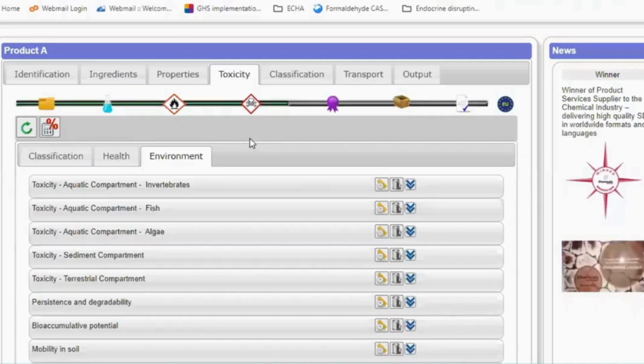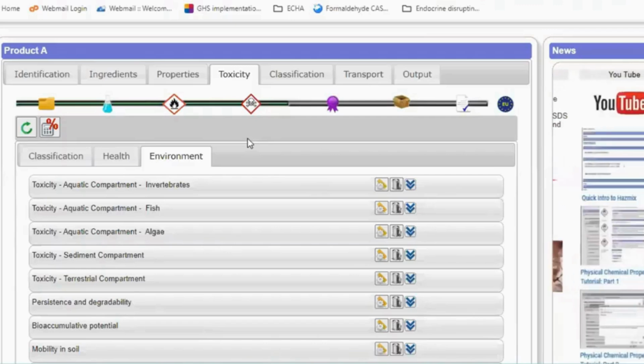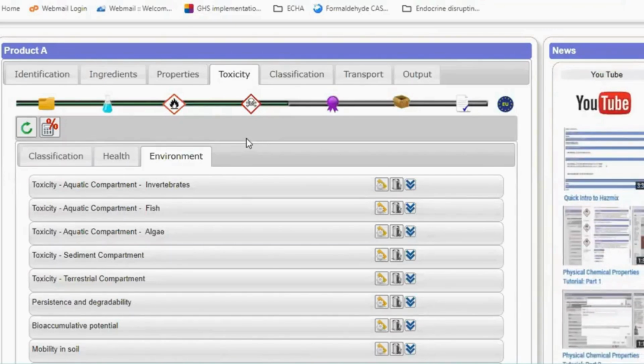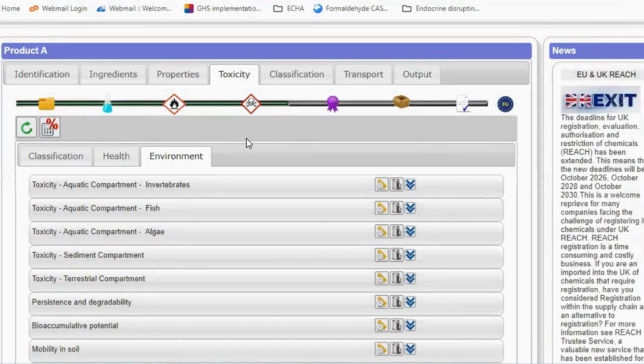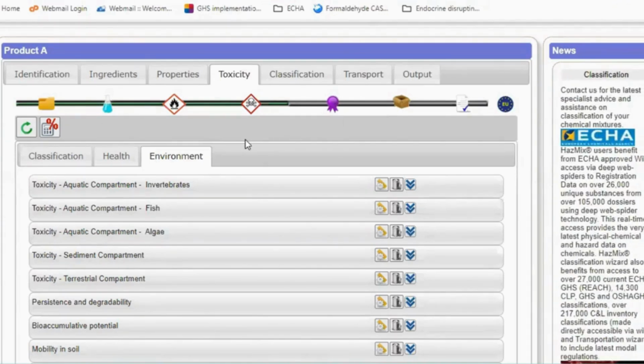For this environment properties, a similar data insertion method works just like how we did for the health properties. I currently don't have any test data for this product's environment properties, so I wish to use the data of the primary ingredient. I will click this icon here under bioaccumulative potential,